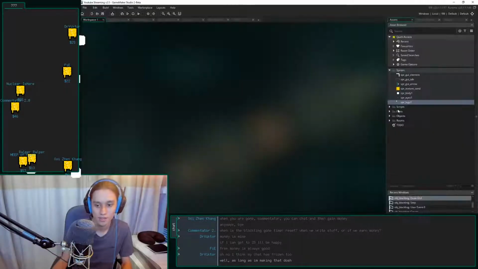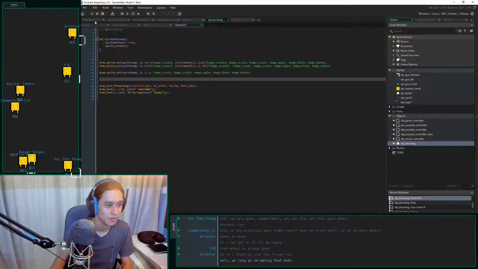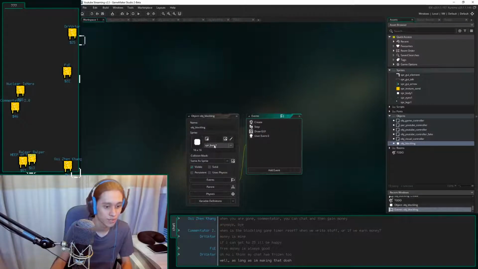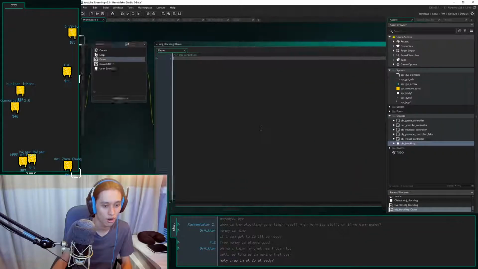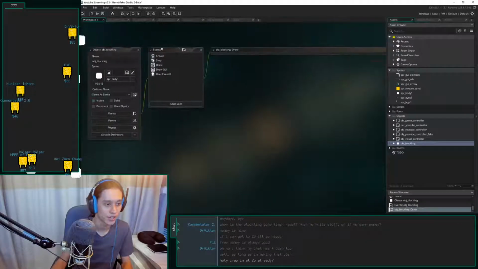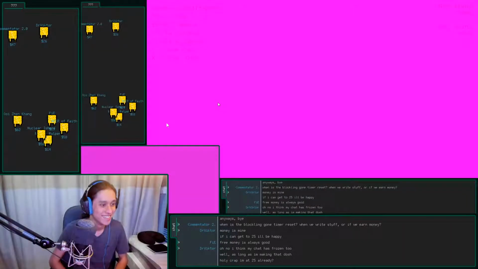Those random things are from this object having a sprite. I want to remove its sprite. Actually, I just don't want to draw it. So let's just do draw and then have it empty. That should get rid of the random things already. Now you're at 25 because I've been restarting the game quite a number of times. There we go. Now you're at 26. I think the size of a 4 times scale works.